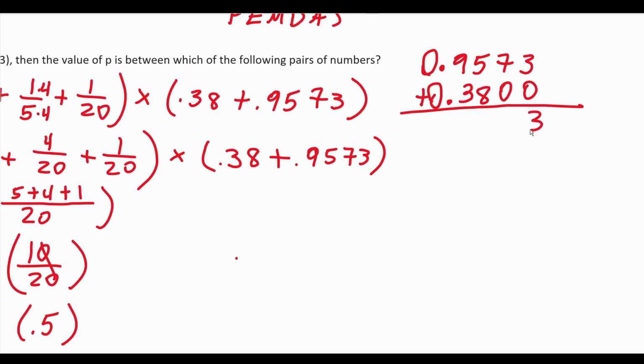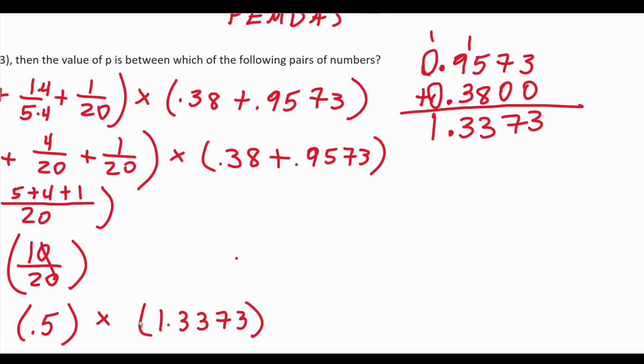3 plus 0 is 3, 7 plus 0 is 7, 5 plus 8, 8, 9, 10, 11, 12, 13, carry a 1. 9 plus 3, 9, 10, 11, 12, plus 1 is going to be 13. So we're going to drop down a 3 and carry a 1. Drop down our decimal in place. 1 plus 0 is 1. Okay, so this becomes, and we can jump right here, this becomes